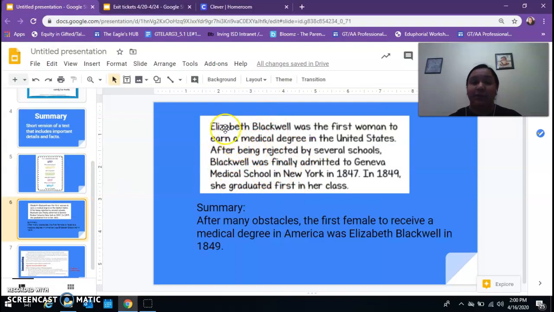An example. Let's look at this text. Elizabeth Blackwell was the first woman to earn a medical degree in the United States. After being rejected by several schools, Blackwell was finally admitted to Geneva Medical School in New York in 1847. In 1849, she graduated first in her class. So what Ms. Ceballos did is she took all the information, the who, Elizabeth Blackwell,